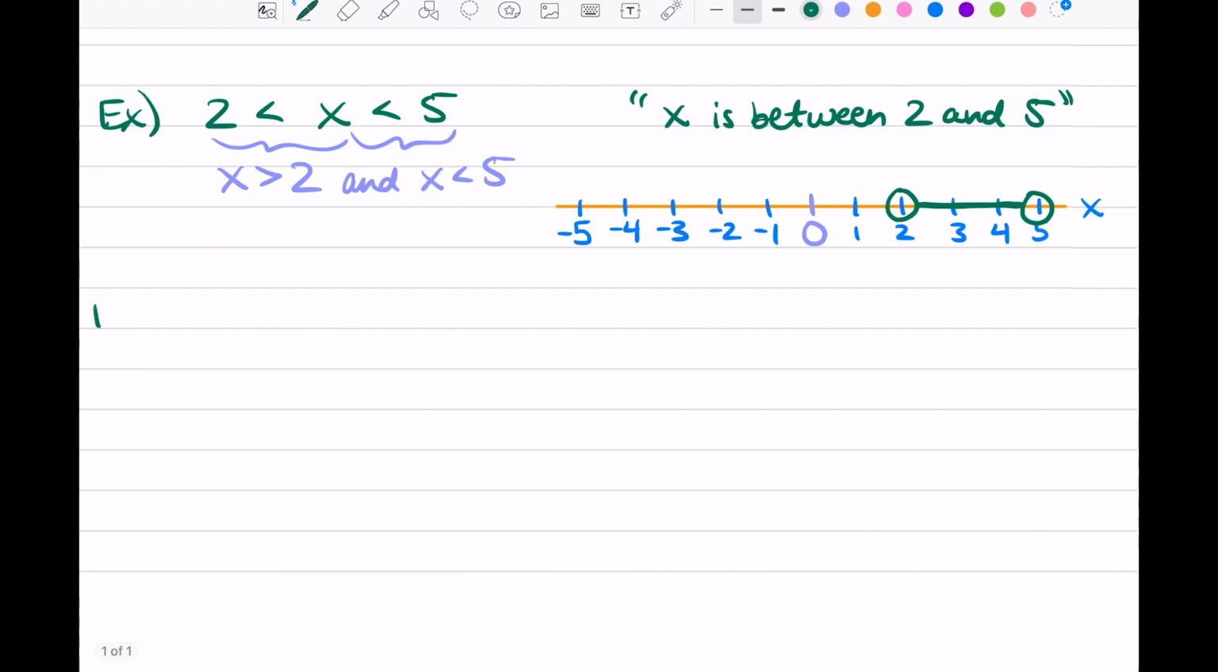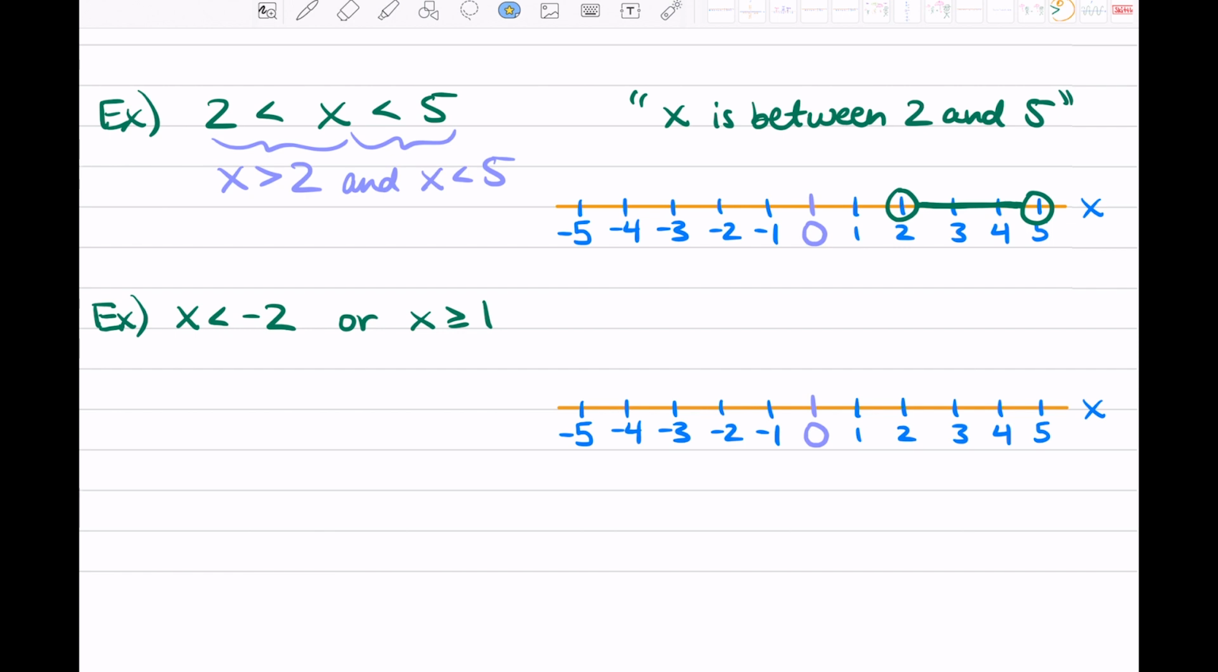All right, let me give you another problem. Let's have some more clues for x. So we're saying x is less than -2, or it's greater than or equal to 1. So some different kind of clues here. So x is less than -2. So it's not equal to -2. It's less. So this is one area where x could be. Or it's greater than or equal to 1. So it could be equal to 1,